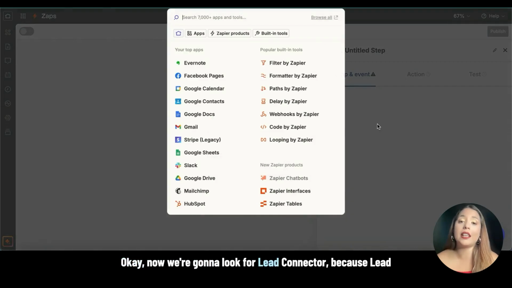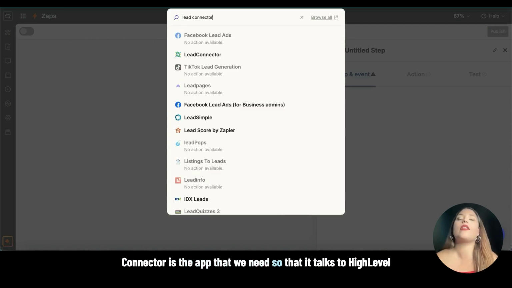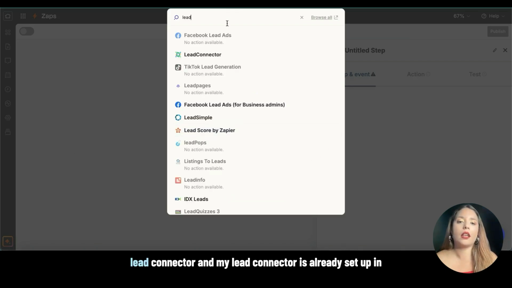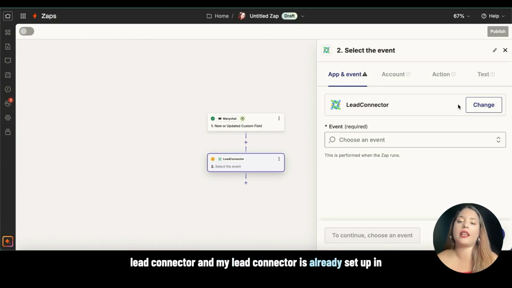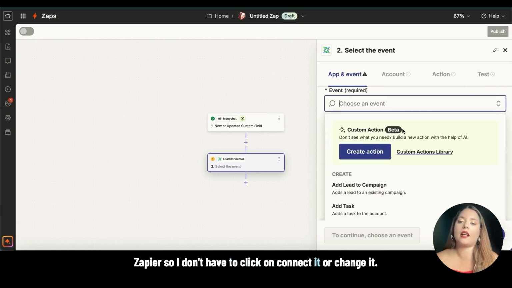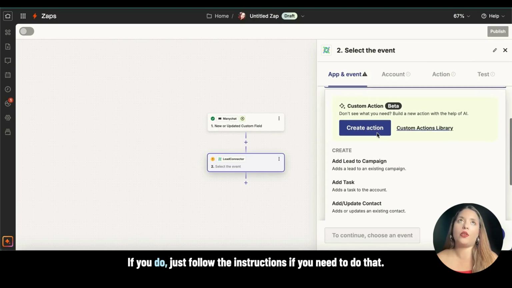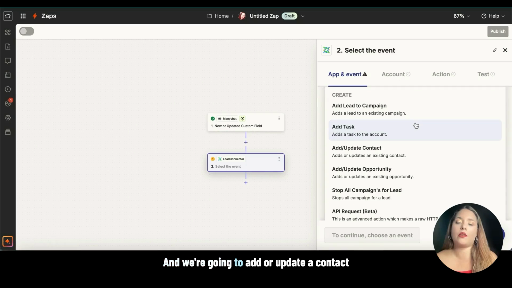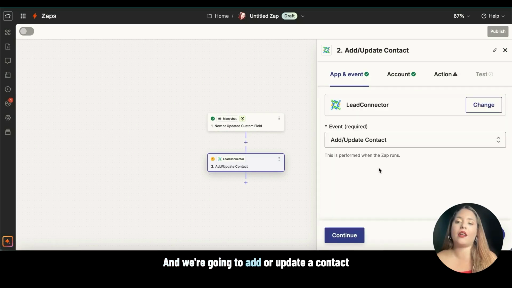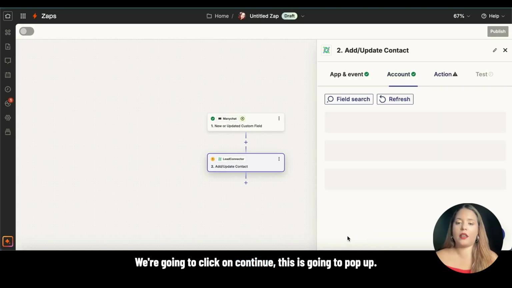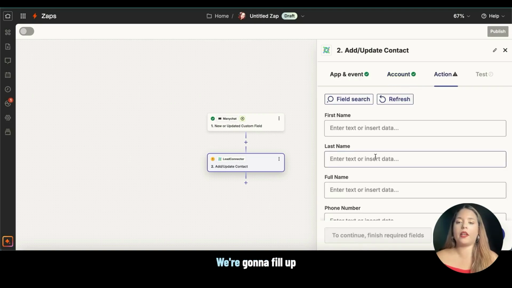Okay, now we're going to look for lead connector because lead connector is the app that we need so that it talks to HighLevel. Lead connector, and my lead connector is already set up in Zapier, so I don't have to click on connect it or change it. If you do, just follow the instructions if you need to do that. And we're going to add or update a contact. Now we're going to click on continue. This is going to pop up. We're going to fill up